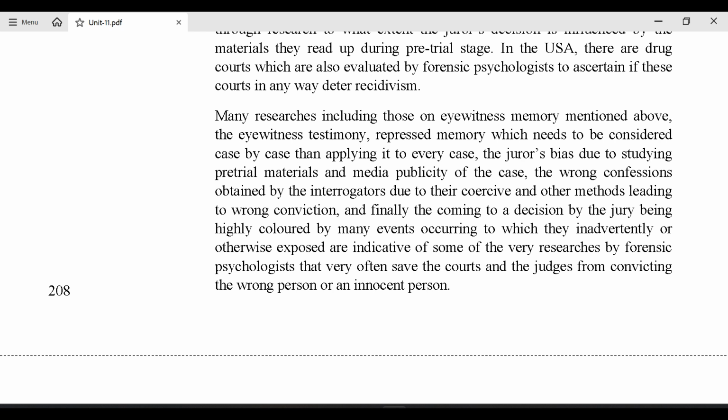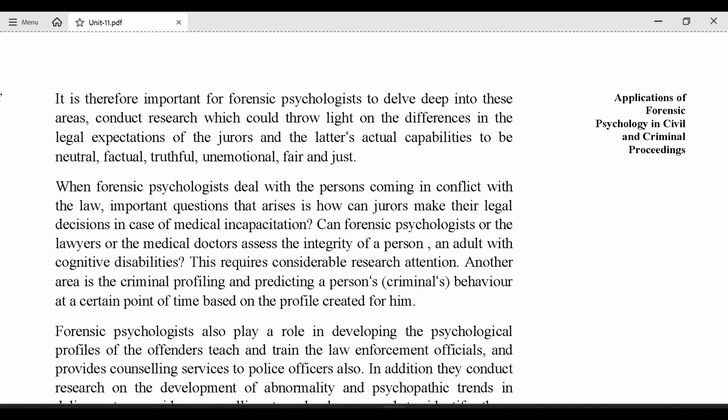leading to wrong conviction, and finally the coming to a decision by the jury being highly colored by many events occurring to which they are inadvertently or otherwise exposed, are indicative of some of the very researches by forensic psychologists that very often save the courts and the judges from convicting the wrong person or an innocent person. It is therefore important for forensic psychologists to delve deep into these areas, conduct research which could throw light on the differences in the legal expectations of the jurors and the latter's actual capabilities to be neutral, factual, truthful, unemotional,